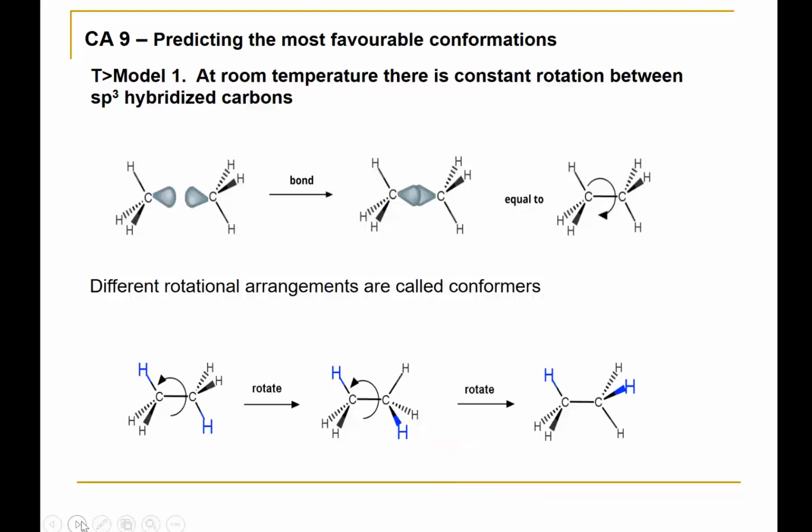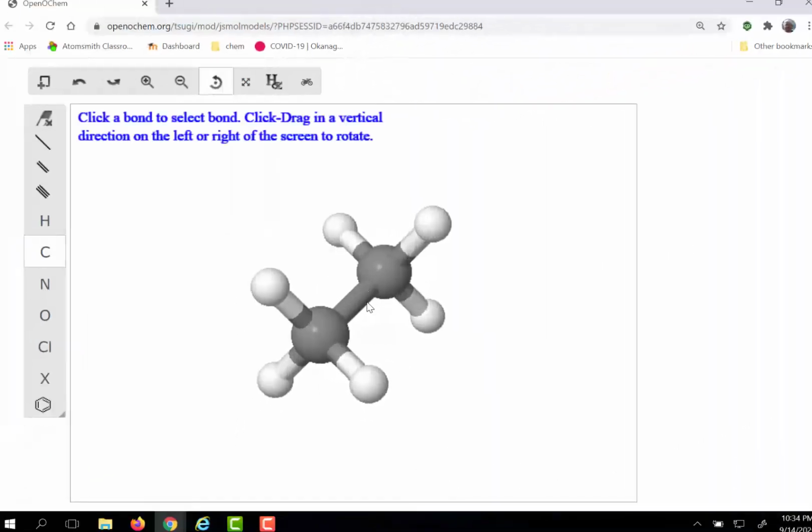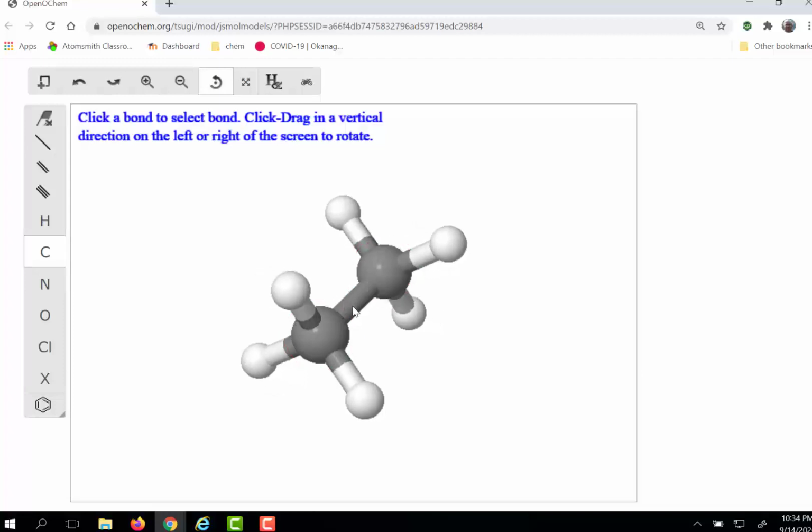To give you a sense of what this might look like, I'm going to take you to a molecular modeling software, which is actually part of OpenOChem. The carbon atoms are in gray, and I'm going to click on the rod that holds the two carbon atoms. Of course, that rod represents the sp3 hybrid orbitals in the sigma bond. So now you can see there's a rotation of the hydrogens in the front carbon relative to the hydrogens in